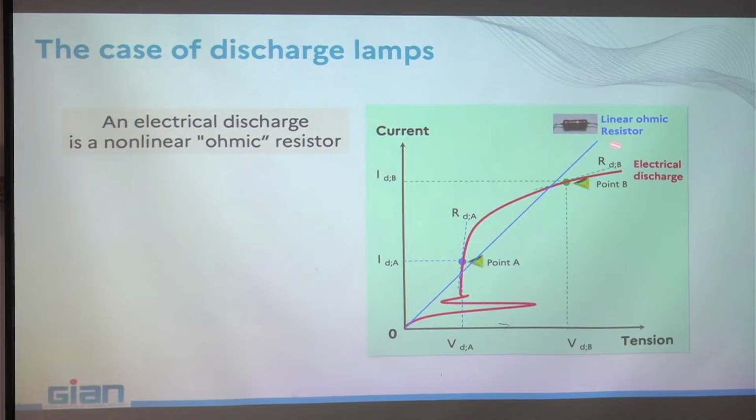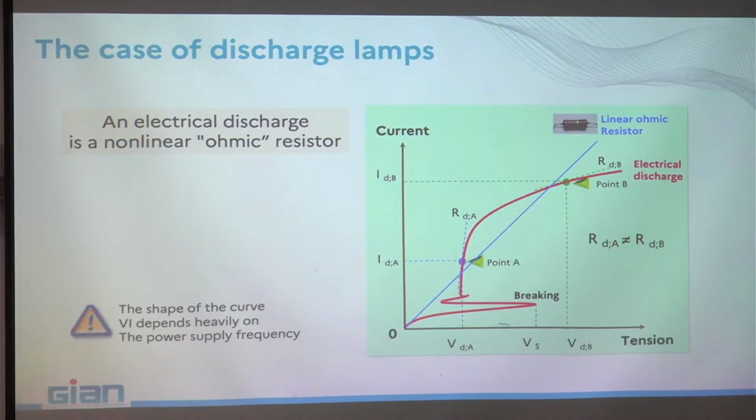And later, when the discharge stabilizes, you see that you pass from that point here to that point here, and then the slope is still negative, but it is different. That means your load changes value during the warm-up and stabilization period. And of course, the power supply behind, remember that was one of the missions of the power supply, must be able to follow this evolution, including the ignition here. Breakdown.